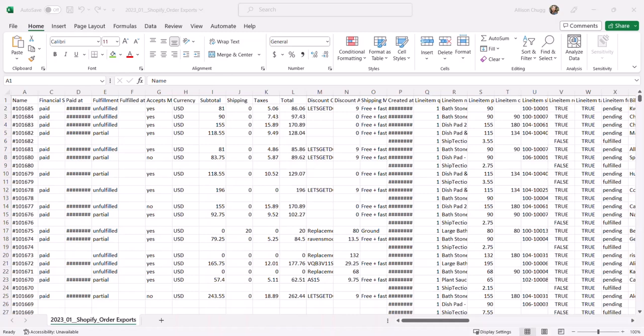Today we are going to show how to use a Shopify orders export to calculate the total revenue per each state as well as account for each order in each state. So the way we're going to do this is we're going to pull an orders export and we're going to